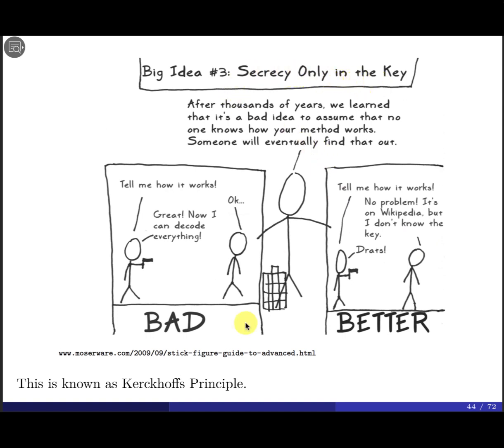Okay, that's the diffusion. The third goal here is secrecy based only on the key, not on the encryption and decryption schemes. This image just shows you a simple, funny example: if you build your encryption and decryption schemes on secret algorithms, someone can get this information easily. But if someone tries to force you to tell them what algorithm you use, you can say it's okay, Google is available, but I don't know the key that you use there.